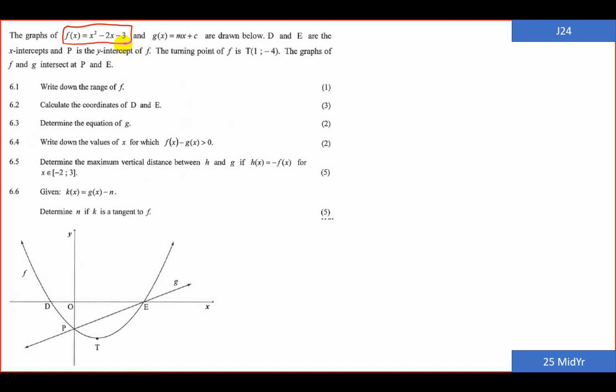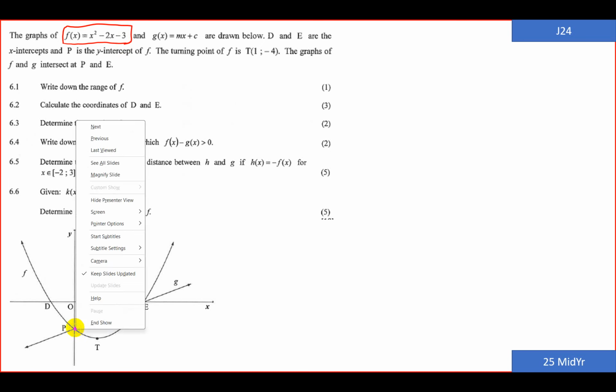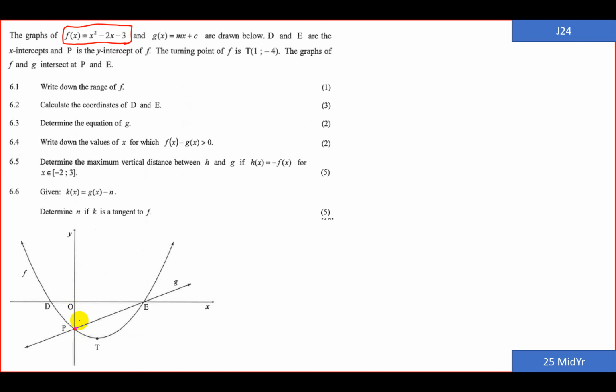graph, the constant is minus 3, which immediately tells me that my point P, which I can put in the graph right now, is minus 3. Okay, we also know that we can find the x-intercepts by letting y be equal to 0. We can find the turning point, which we can use calculus for. But we're going to stop there. And then we go to the next